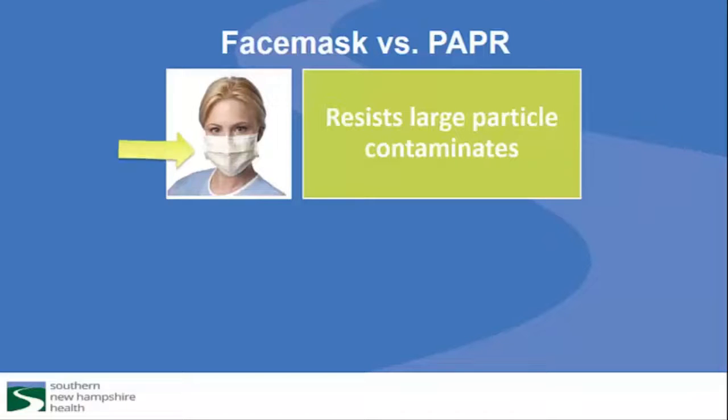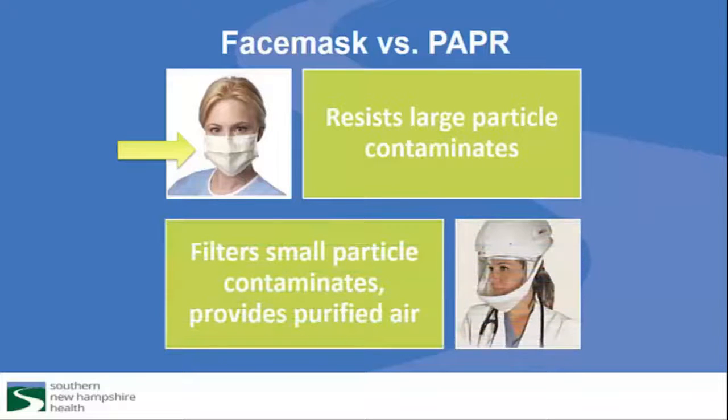Because the gaps around the face mask allow small particulates to be breathed in during inhalation, it cannot be worn to resist infections such as measles, varicella, and TB. As opposed to a simple face mask, the PAPR uses a filter to remove harmful substances from the air and prevents inhalation of small and large particles. It offers the best protection when working in close proximity to people who have symptoms of a droplet or airborne